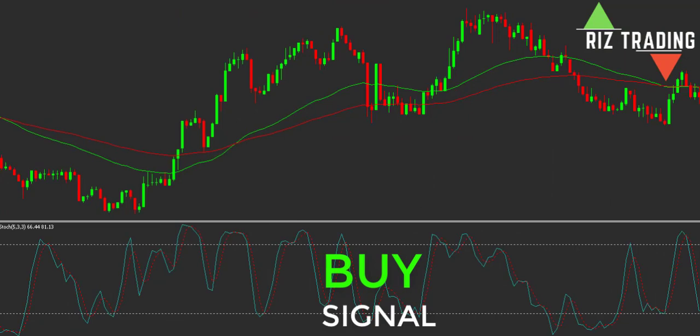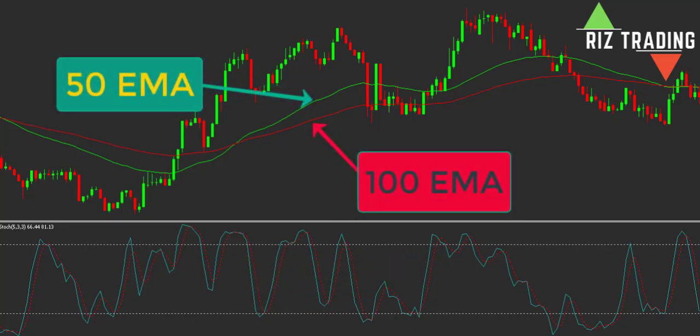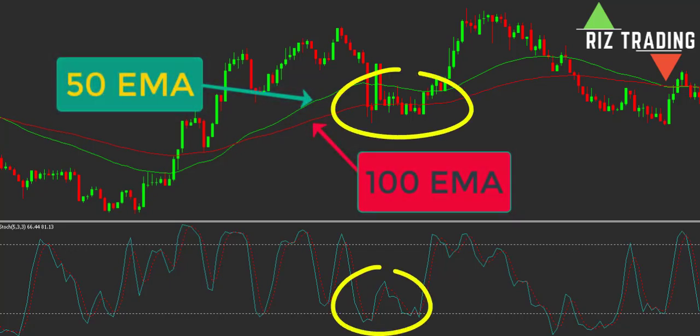Buy signal. Now you have applied all the indicators and you are ready to trade. In order to place the buy trade, the first EMA 50 must be positioned above the second EMA 100. After this, you have to wait until the price comes back to the moving averages. In turn, the stochastic oscillator is exploited to cross over the 20 level from below. The moment you observe the three items arranged in the proper way, opening a long or buy order may be